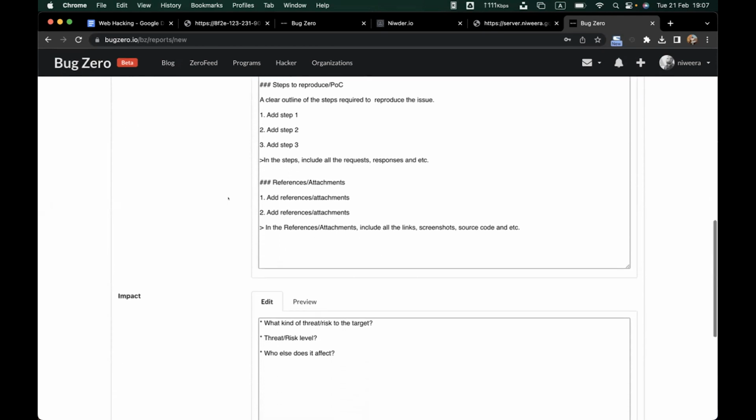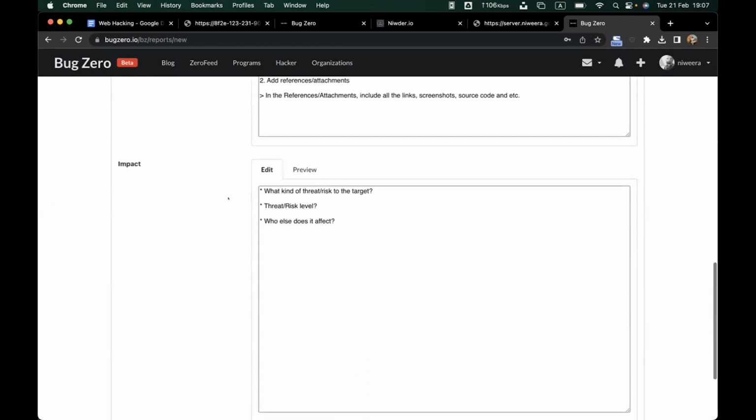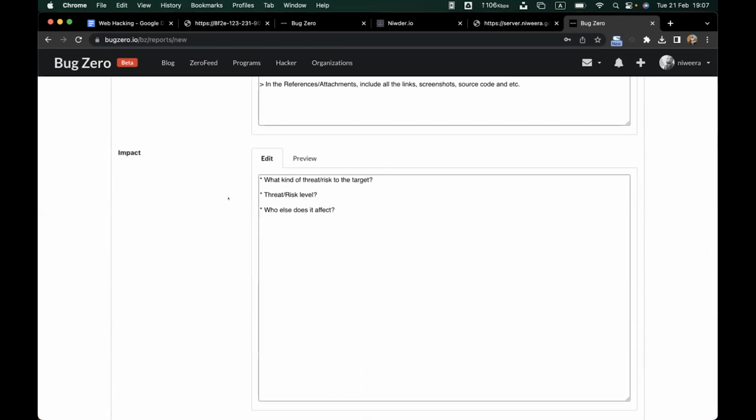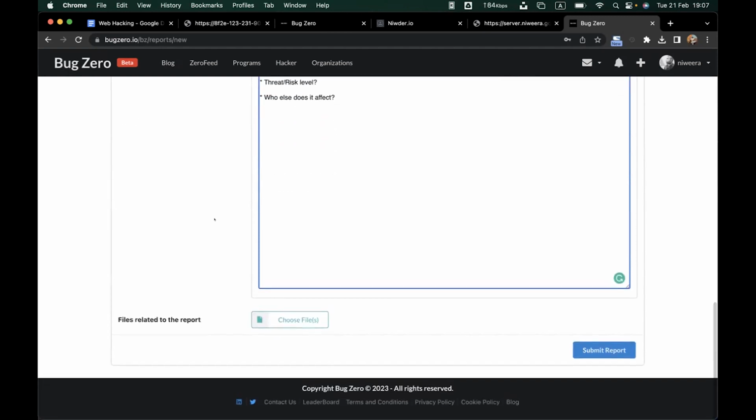If the hacker has some idea about the impact of the vulnerability, they can add what kind of threat or risk to the target, or threat or risk level, and who will be affected. If you have files such as images or video files, you can attach them, and then finally you can submit a report.